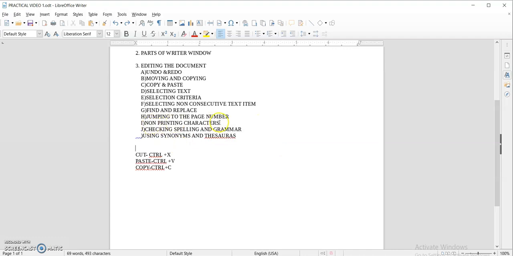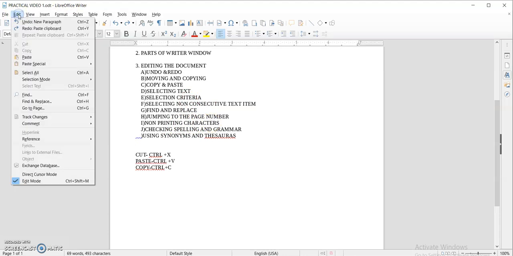Next is non-printing characters. If you want to see the non-printing characters. Now, what are the non-printing characters? The spacebar and the enter we have used in the document are non-printing characters. If you want to see, just move to Select and you can see over there.